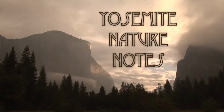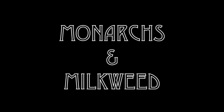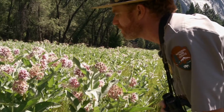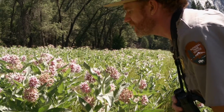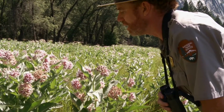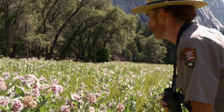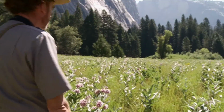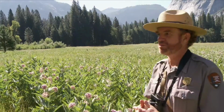A uniformed park ranger stands in a wide-open meadow filled with waist-high plants. He leans down to watch an orange and black butterfly. That is awesome. Look at it. Oh, it's glistening. The proboscis is glistening. He spins around, looking for the butterfly. We're on, I guess you could say, we're on a safari,